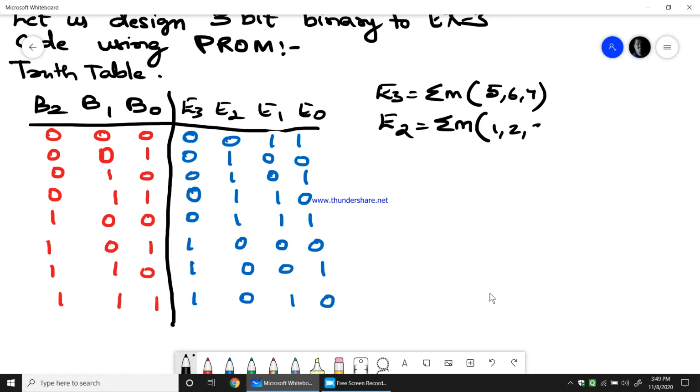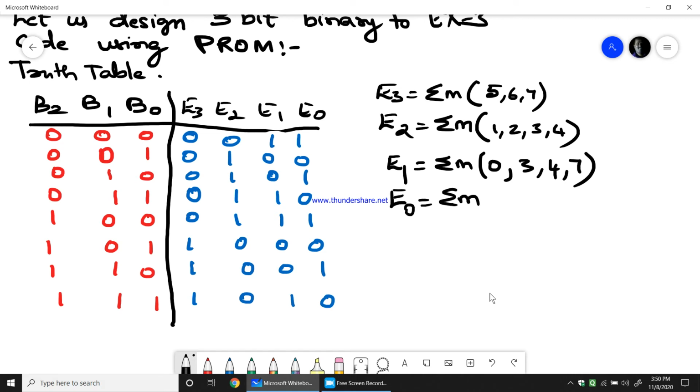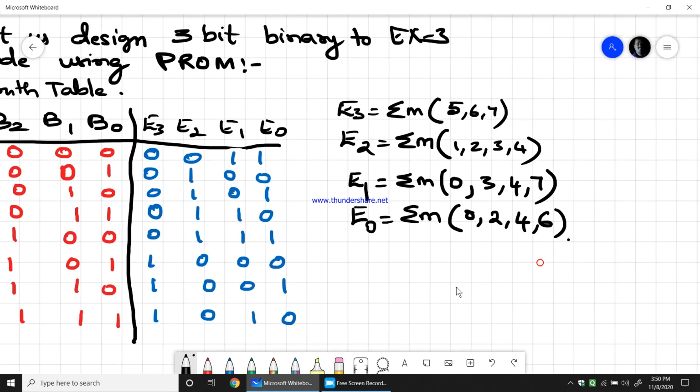E1 equals summation m of 0, 3, 4, and finally 7. Then E0 equals summation m of 0, 2, 4, 6. So these are the 4 summation terms which we have got.